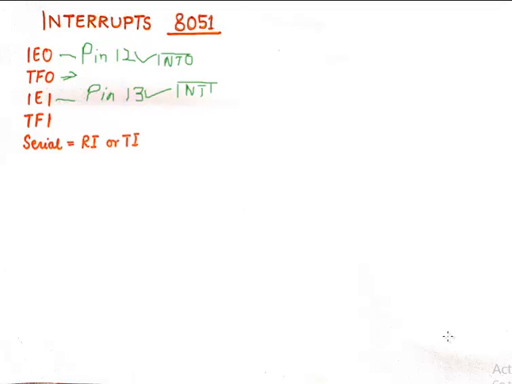So technically it reaches a point of FFFF. So after FF, when the timer is reset back to 00, then this interrupt is generated,